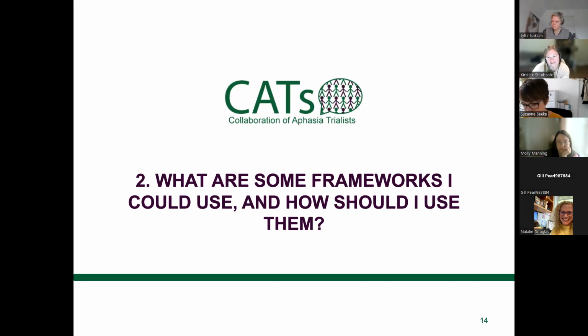So one of the objectives of today is that we really want to acknowledge the overwhelming nature that there are all of these frameworks, but also point out that we can still answer a lot of the questions that we have with these frameworks. So these frameworks can be tools to help us answer the research questions that we have. So I'm going to pass it off to Christine again to talk about an example of a determinant framework, the theoretical domains framework.